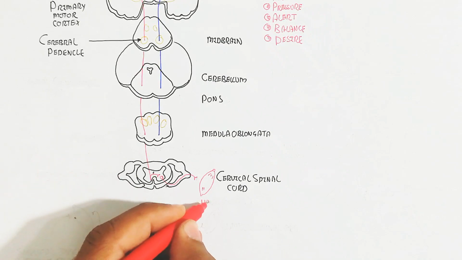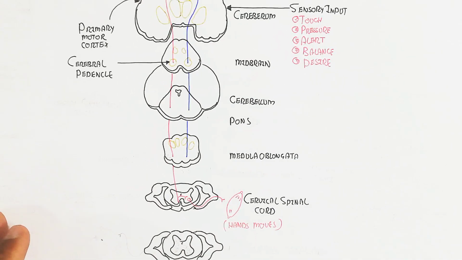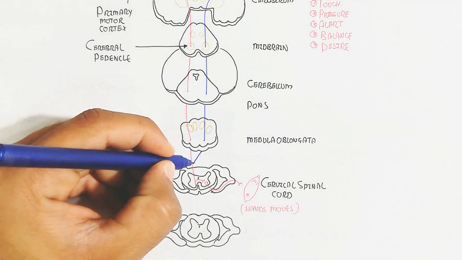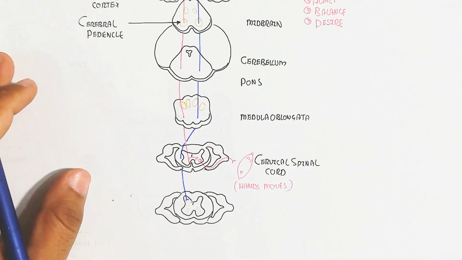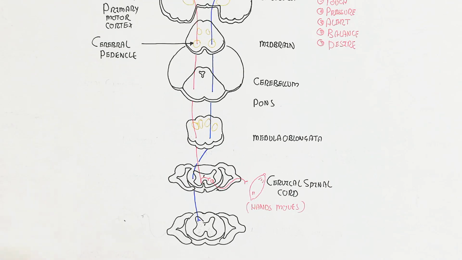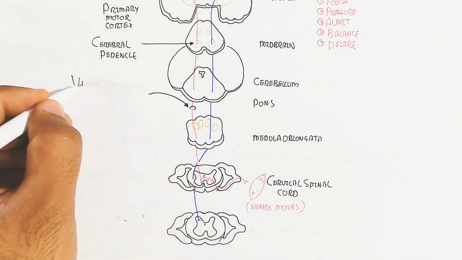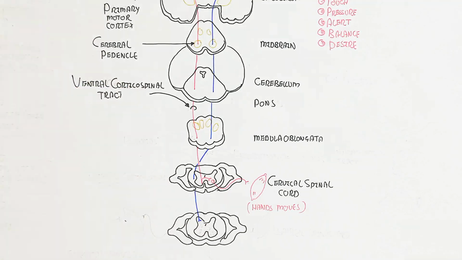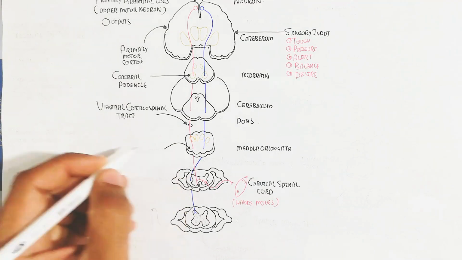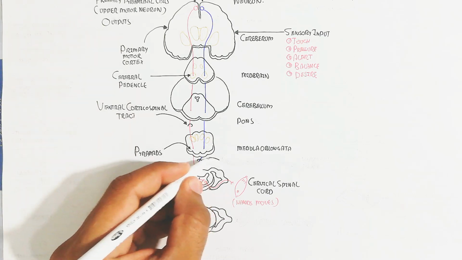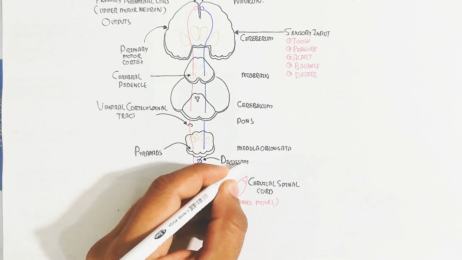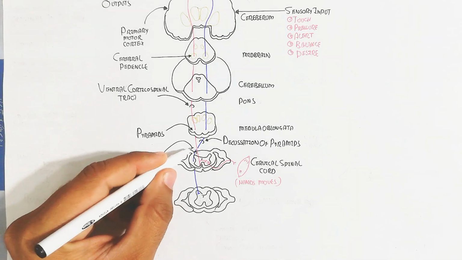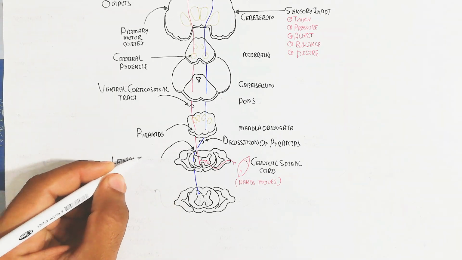This ventral corticospinal tract, the red neuron shown, goes to the cervical spinal cord and is responsible, for example, for hand movement, and the blue neurons go further descending. The ventral corticospinal tract is here, and these are the pyramids, which allow the red neuron, the upper motor neuron, to go descending, and here is the